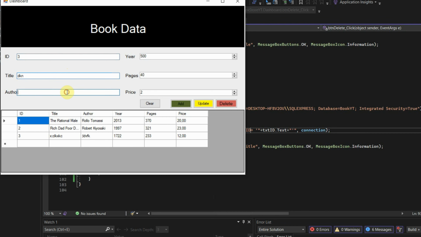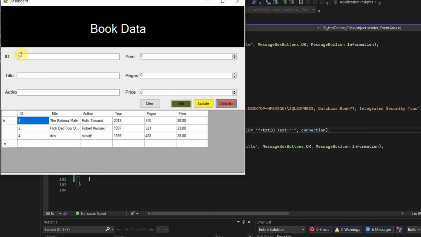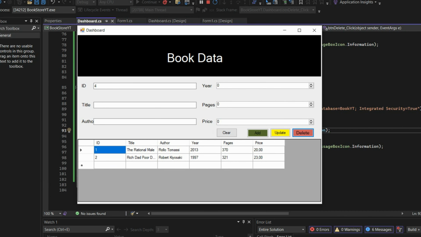Just type randomly because we are going to delete it anyway. Just let's change the ID. Clear it. Delete. Our record is deleted successfully. You don't need to type the whole data, just type the ID, delete, and yeah, alright everyone, it was all